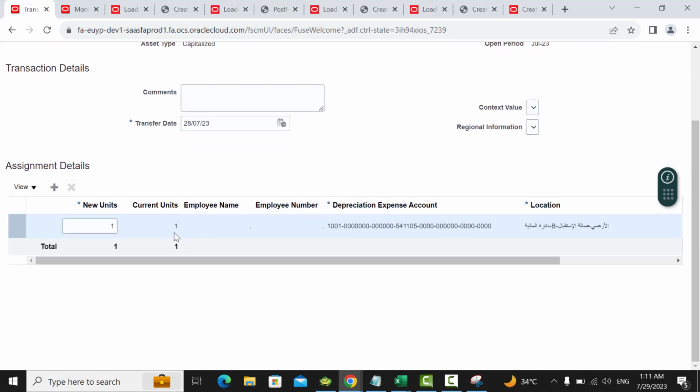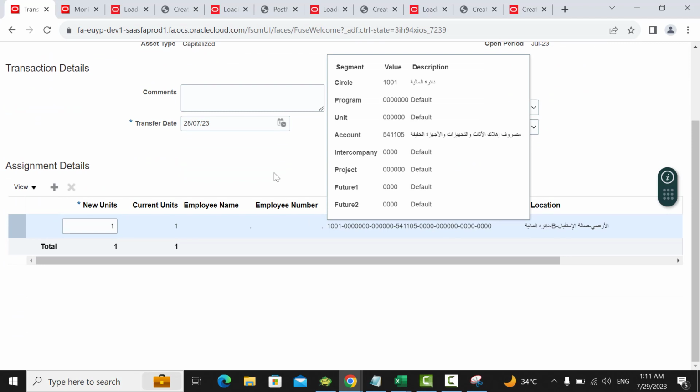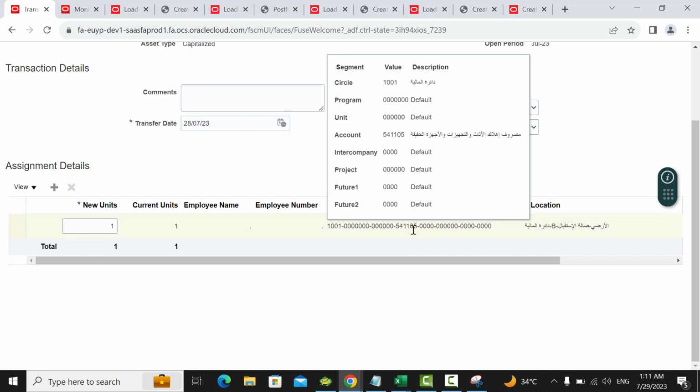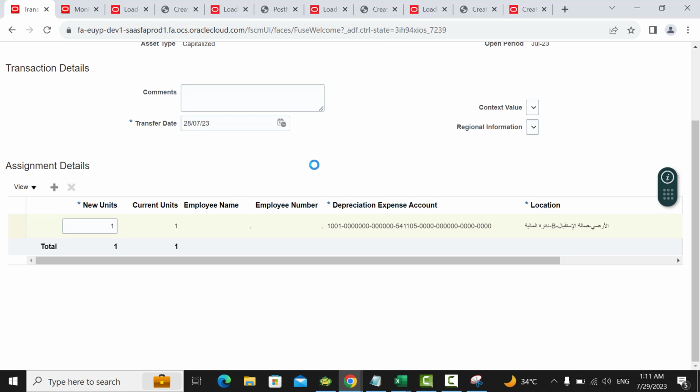The system will ask you, in case you need to transfer these assets from one location to another location, so there is no financial impact because this is a descriptive text field, like text data. But in case you are going to transfer from one expense account to another expense account, the accounting entries will be there. Because the system will close all of the amount for the current depreciation expense account and transfer it to the new